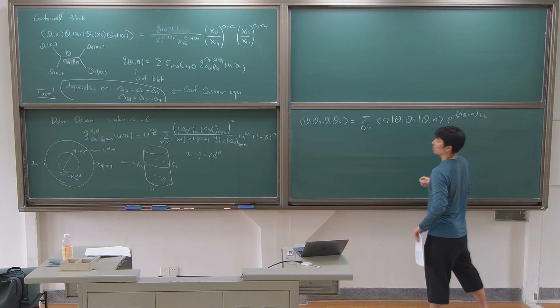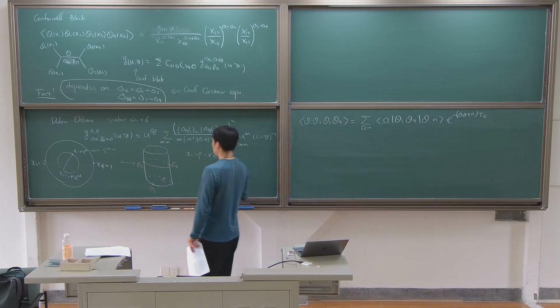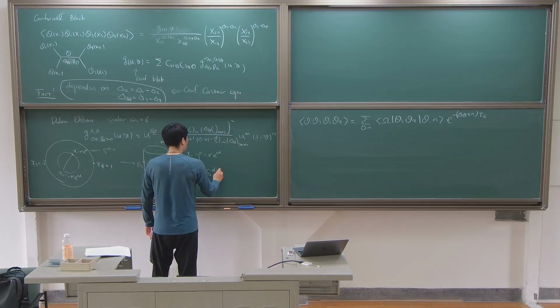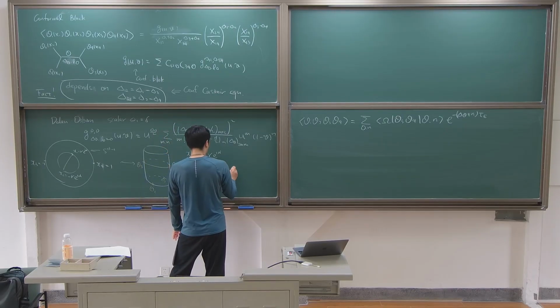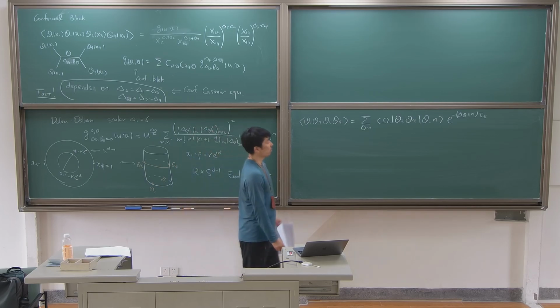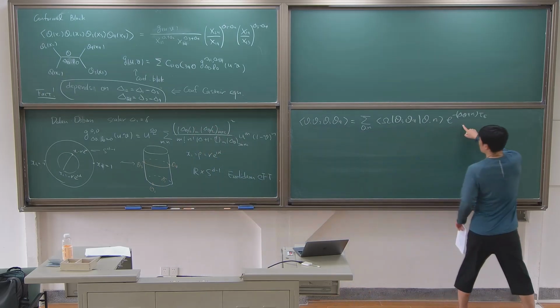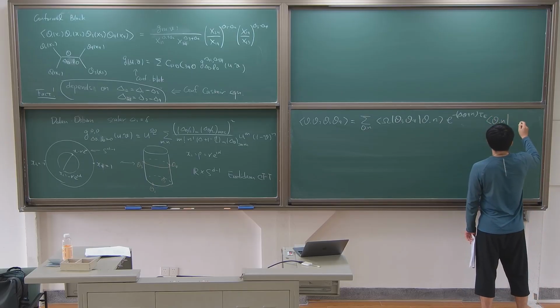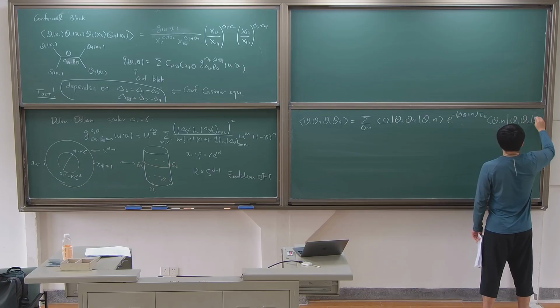Now I consider Euclidean R cross S^(d-1) Euclidean CFT. So now the time translation goes like this way,